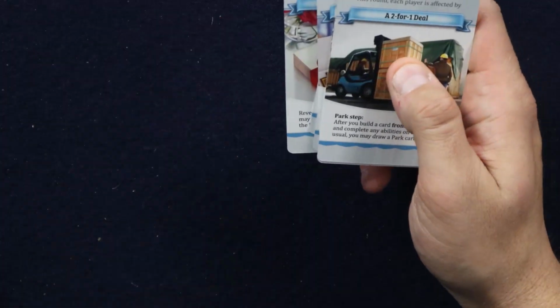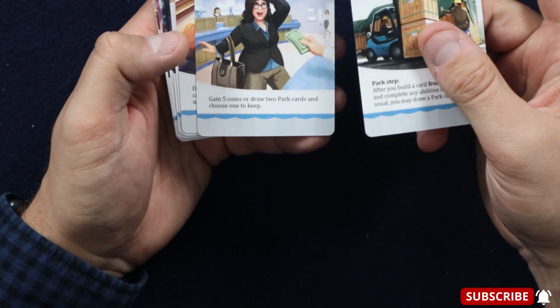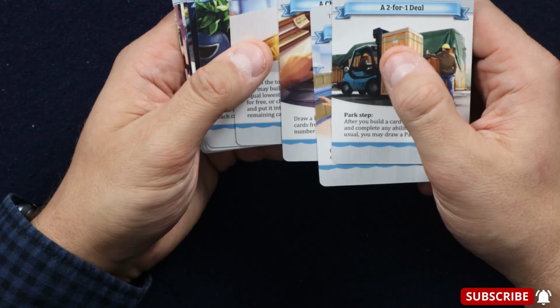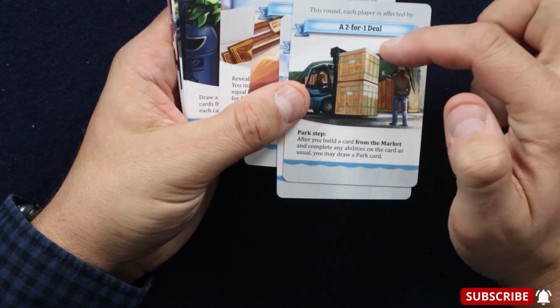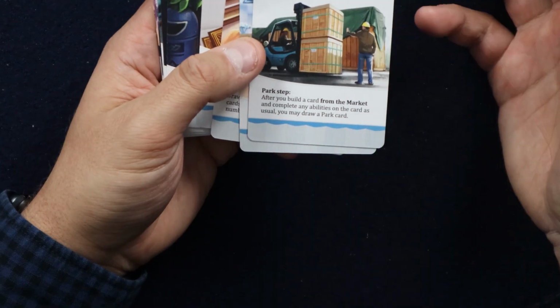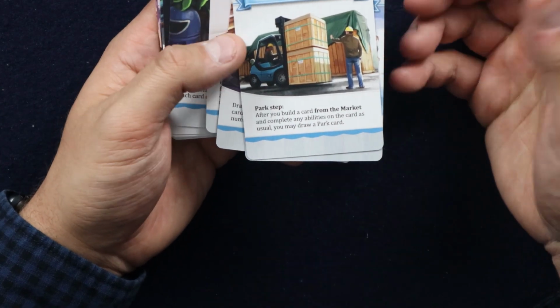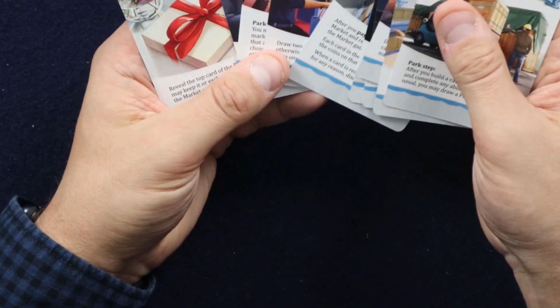So here we have city cards. These are going to give you, each round, the first thing you draw is a city card. And for instance, it will give you something that will affect the players for the entire round. So this round, each player is affected by a 2-for-1 deal. After you build a card from the market and complete any abilities on the card as usual, you may draw a park card. So things of that nature. There's a handful of these here. So pretty good